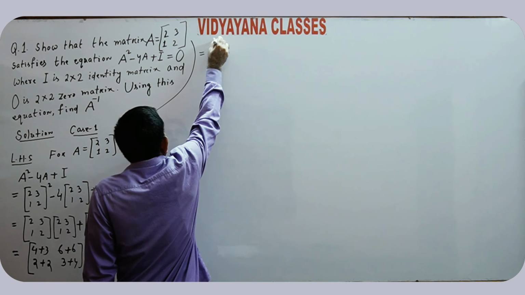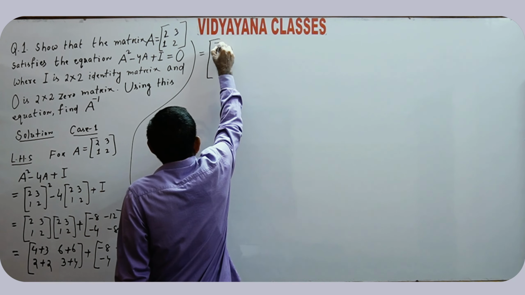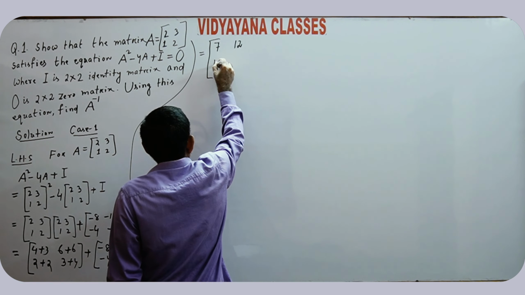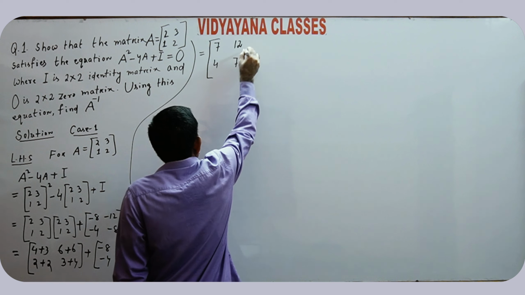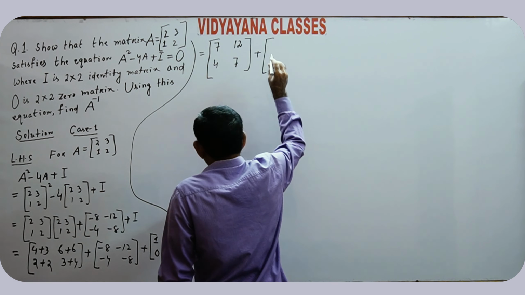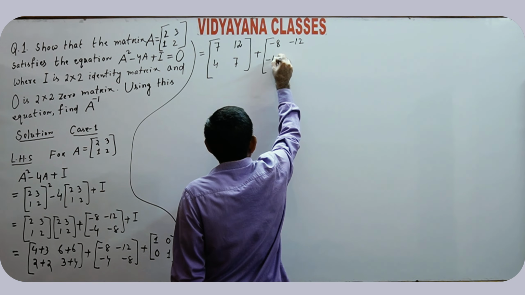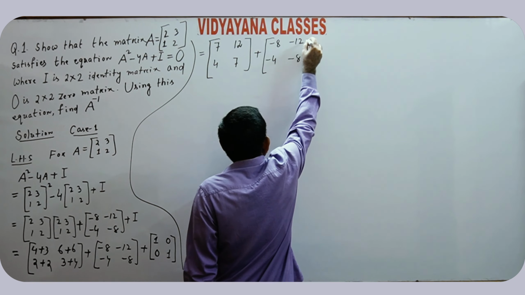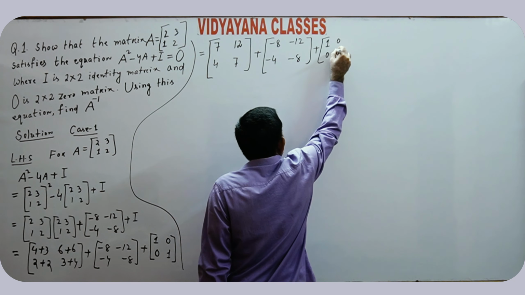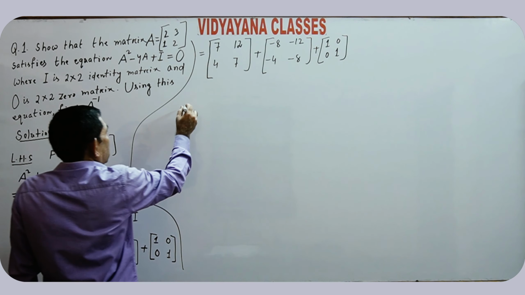Which is equal to 7, 12, 4, 7, plus minus 8, minus 12, minus 4, minus 8, plus 1, 0, 0, 1. Which is same as